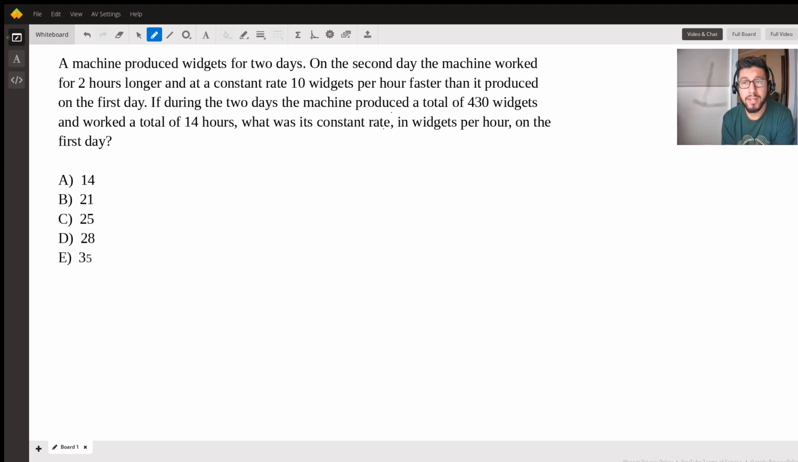And if you haven't read it, go ahead and pause the video so you can do that, and then we can start together. So the question is asking, what was its constant rate on the first day? Okay, so it's telling us that one machine